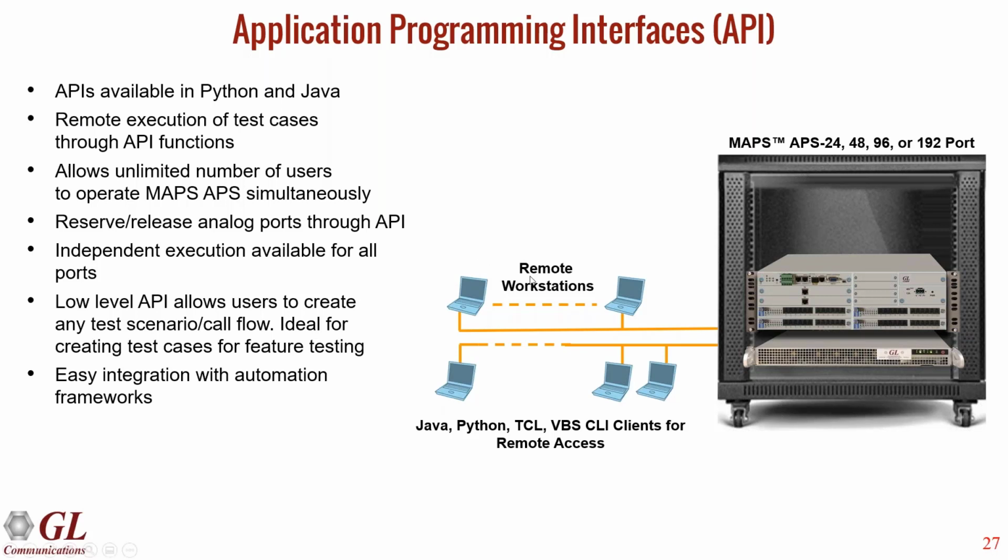They can be located remotely. They could be anywhere in the world. As long as this MAPS APS system has an IP connection, they can, from whatever office or their home, remote in to the system, and they can run the Python and Java scripts on their own PCs, and it'll send commands to the MAPS APS,